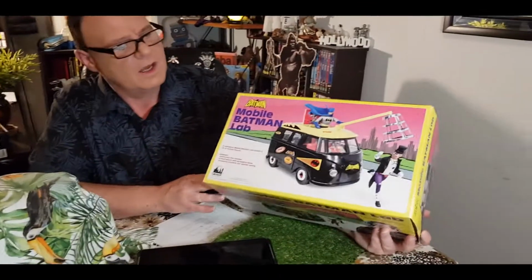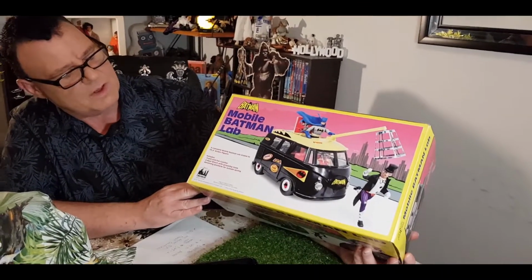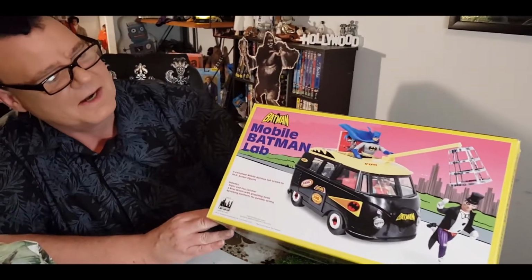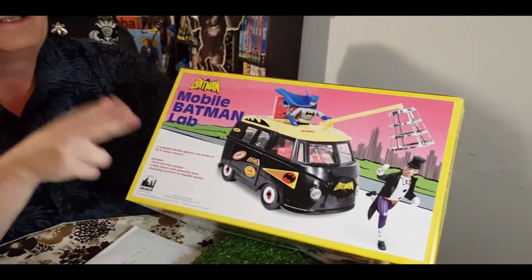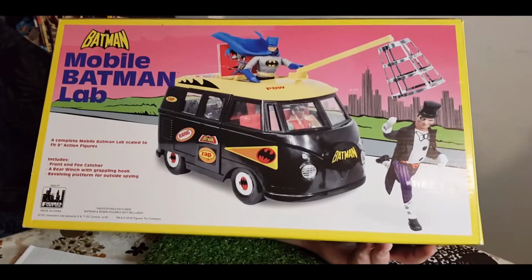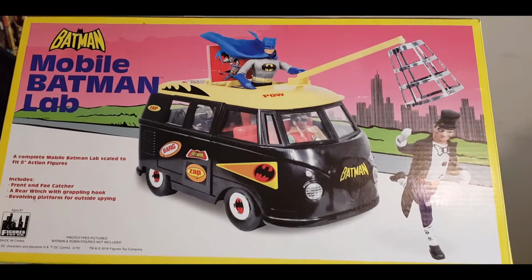And so I was Googling it, and I'd looked at eBay before, and hardly ever saw it. So I did a general Google search, and what I found, this popped up. This is the Batman Mobile Lab, and these actually came out after the Action Jackson fad had finished, and the